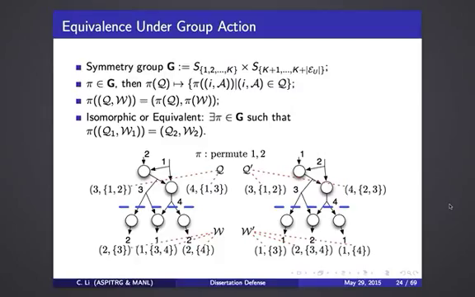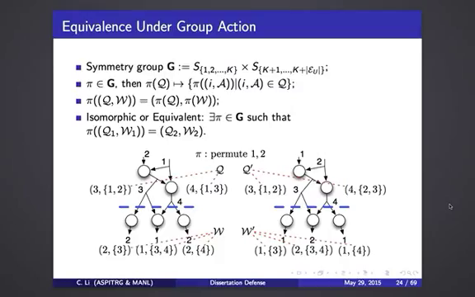Now, having the representation, we can have group actions. So the group is the symmetry group of sources times the symmetry group of edges. Here the symmetry group actually means permutations. Since we cannot permute sources with edges, that's why it is a direct product of these two groups. An element in the group acting on an ordered pair simply permutes the elements in the pair. Further, for a network (Q, W), it permutes the elements in Q and W simultaneously.